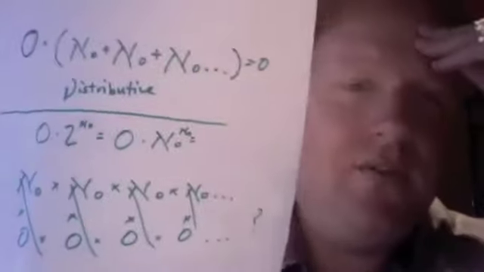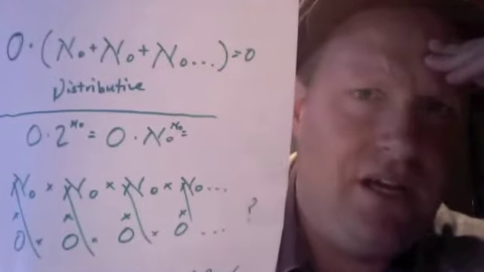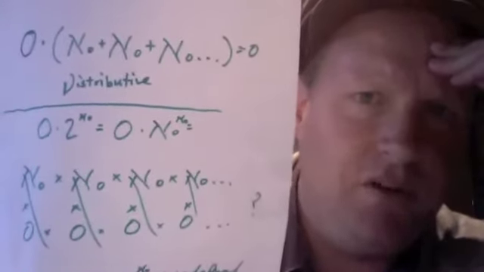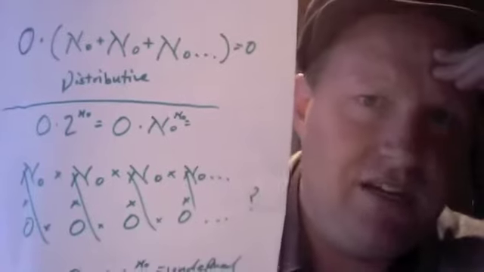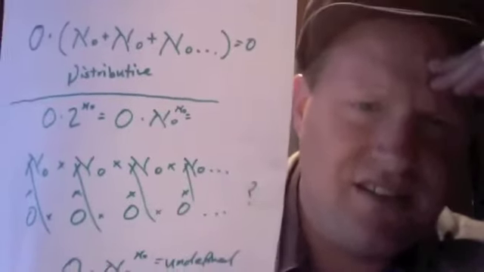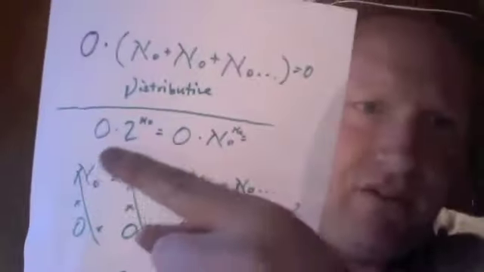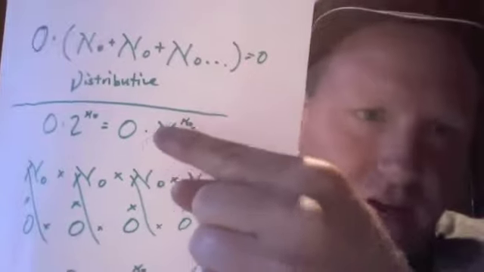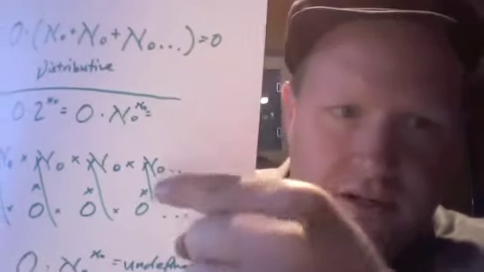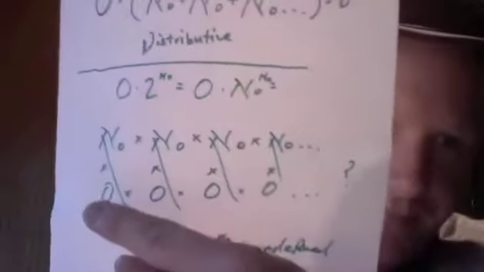Now that's true if you have 0 times any finite number of things multiplied together, like a times a times a times a. That's just the same as if multiplication were distributive with 0, because you'll get 0. But what if I have 0 times Aleph Nought times Aleph Nought times Aleph Nought times Aleph Nought forever? Now I have a whole other question, because